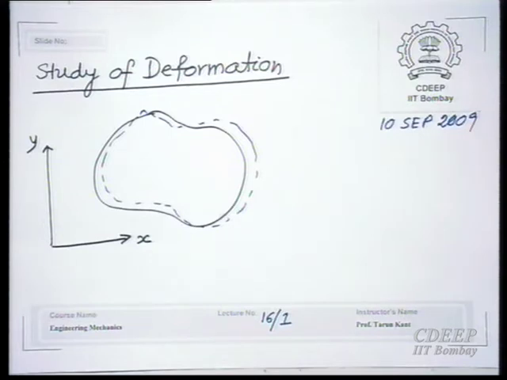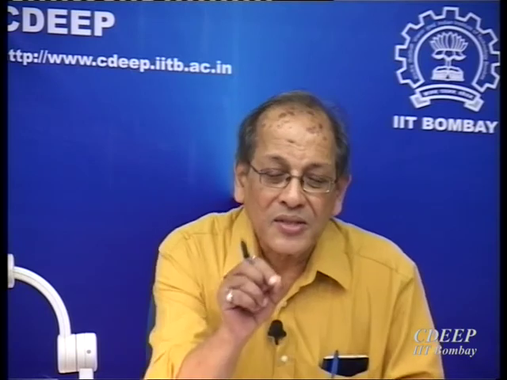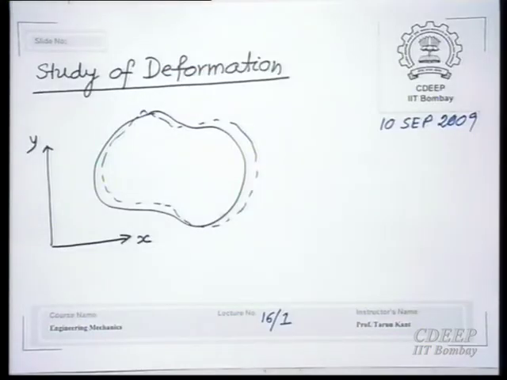So, the displacements of any point are all single valued. Otherwise, what will happen? If there is a gap created, then the same point will have two displacements. If there is a crack or gap opening, then the same point will undergo two displacements. We do not want that kind of deformation. So, every displacement component of any point is single valued.